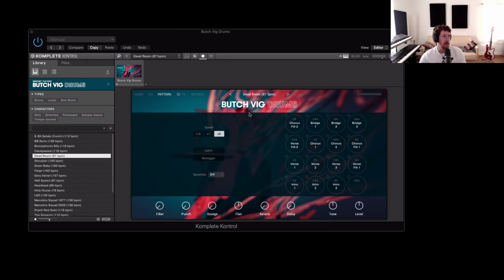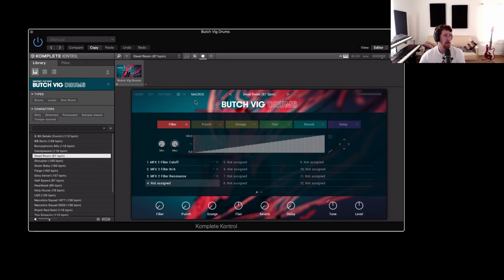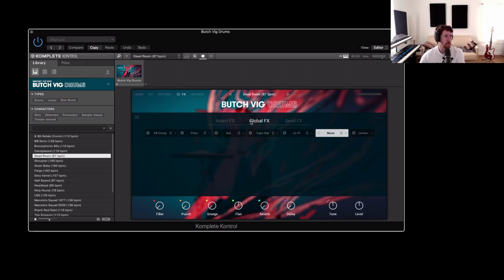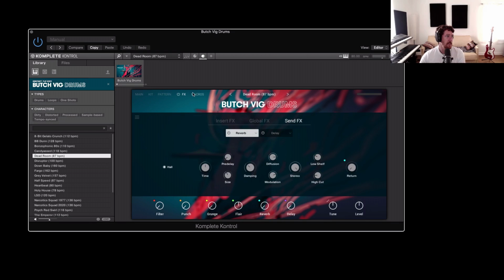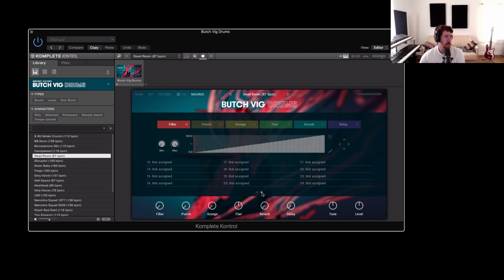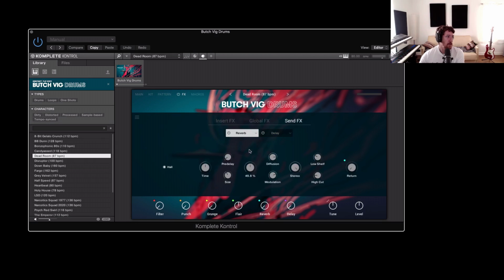But there's also other things that you can control, like macros. You can add different types of effects, like insert, global, send effects. But yeah, these macros are pretty advanced. You can basically control up to 24 different parameters simultaneously. So if I wanted to, let's say, control the dampening, the stereo, and the modulation, I can click this little dot with my macro controls, select it, do the same for here,